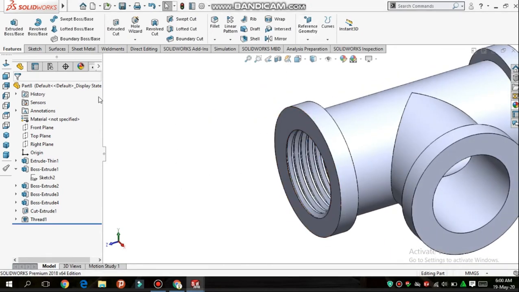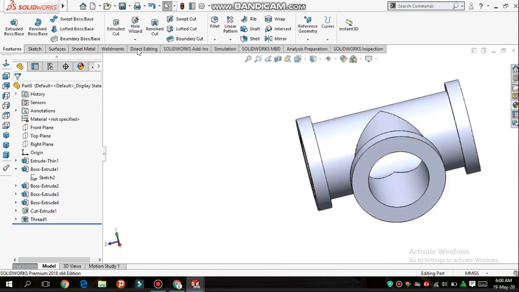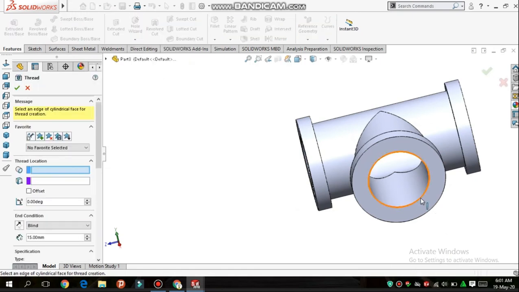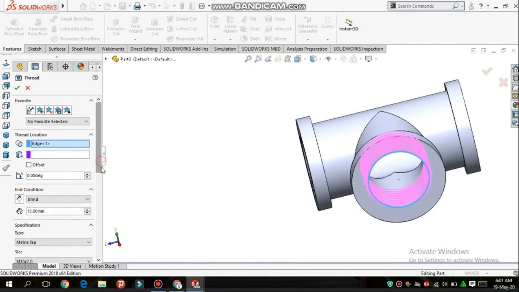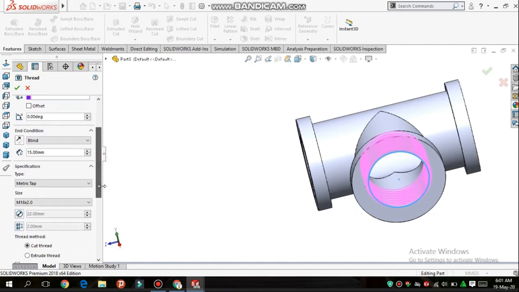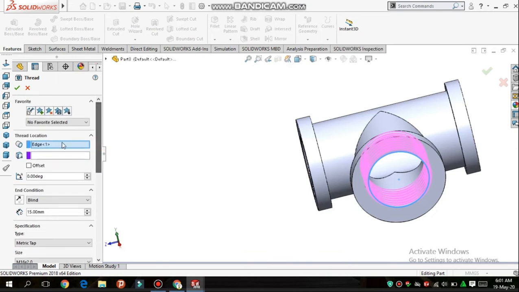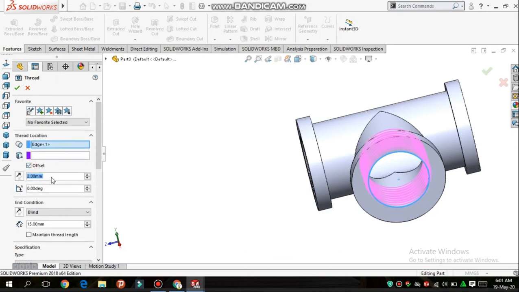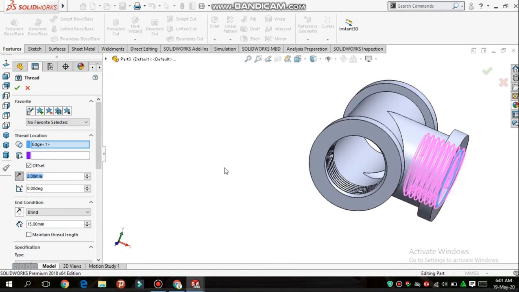So to create threads on the other side, it is just the same process. Go to the threads and select that circle, 15 mm, metric tab, M16x2, and offset it up to 2 mm and make it in reverse direction.